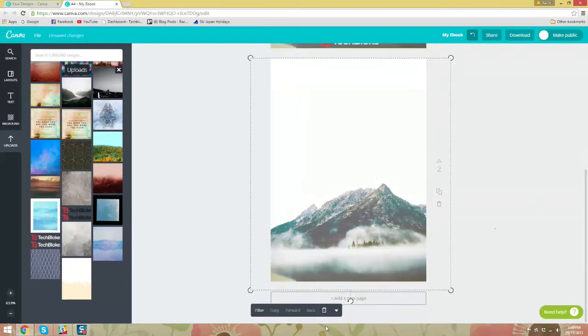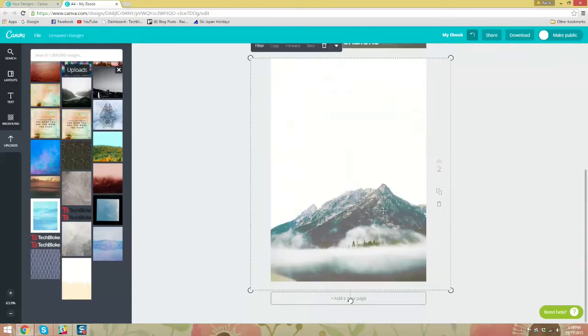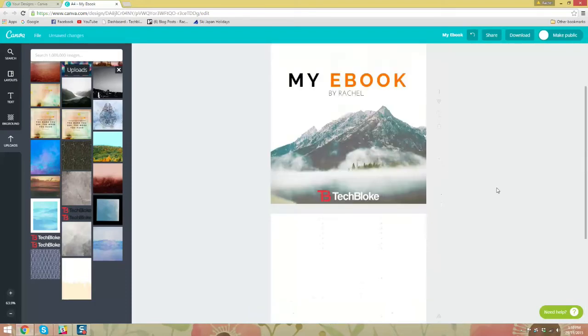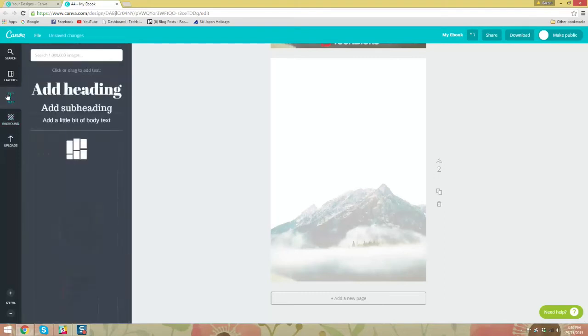So I'm going to keep the mountains in this image because I do want to have a sense of continuity between my images and all the pages of my ebook here. So what I'm going to do is click on it, however, and go down to transparency. Now I'm going to turn down the transparency to make it a lot less impacting. I'm going to make it sort of fade out so that I can easily put some text over the top. Now I'm going to go to text over here, and it will have these preset sort of add